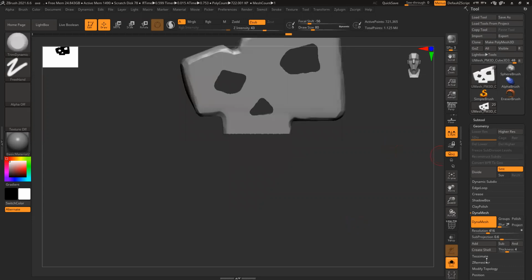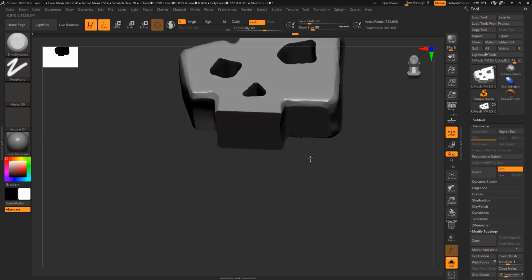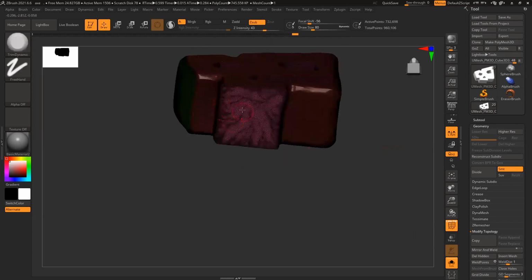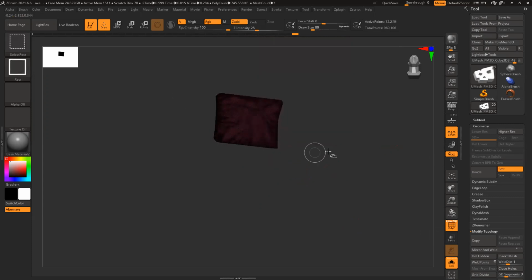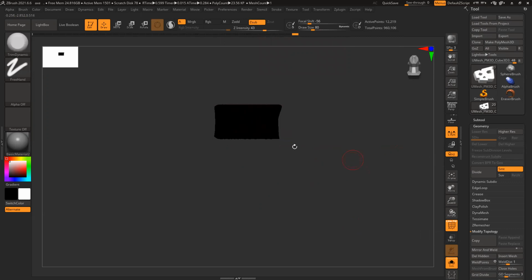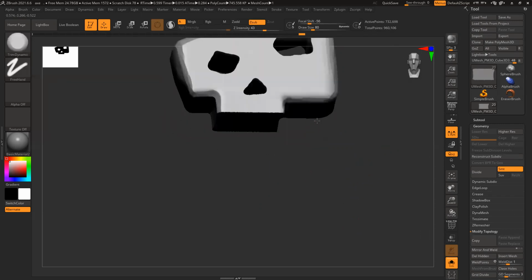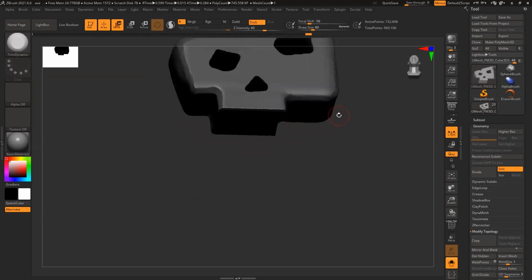So what I'll do, I'll just simply delete that section, delete hidden, and then there's something called close hole. It will close this hole. Shift F, you can see it's a different polygroup altogether. So Control Shift, click on this, it will isolate this, and I want to mask it. So press Control and click. It will select this one. Control Shift, click outside. Rest everything is visible. Control, click outside, invert selection.